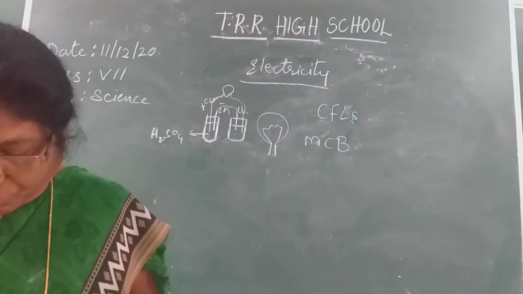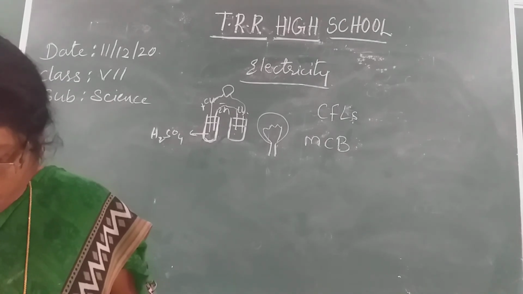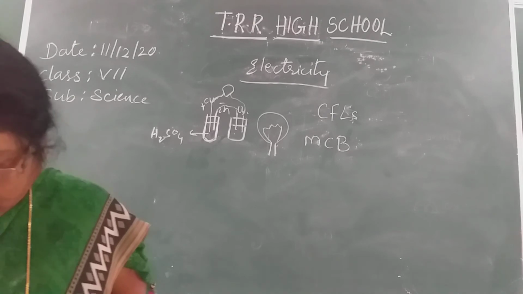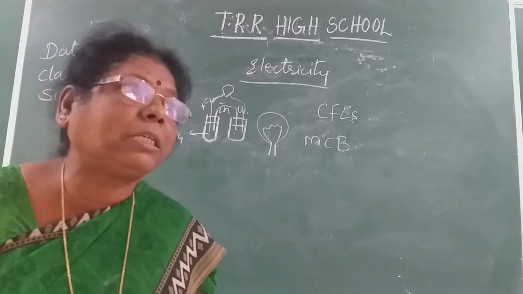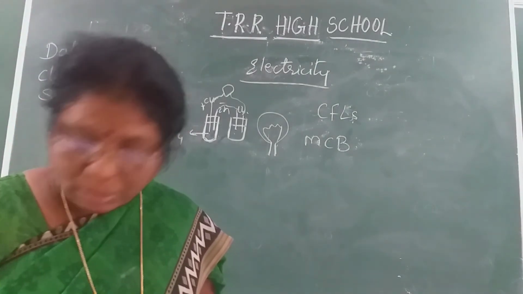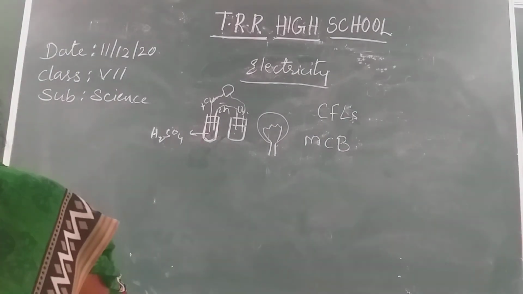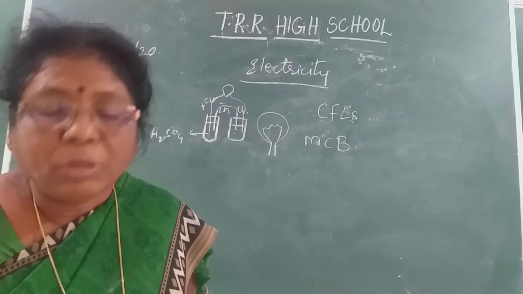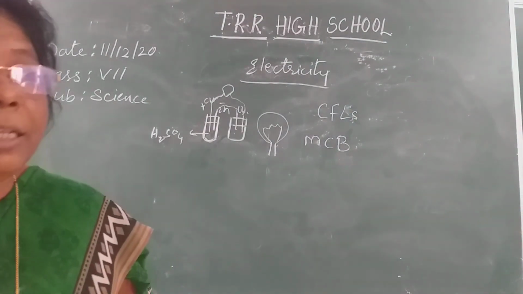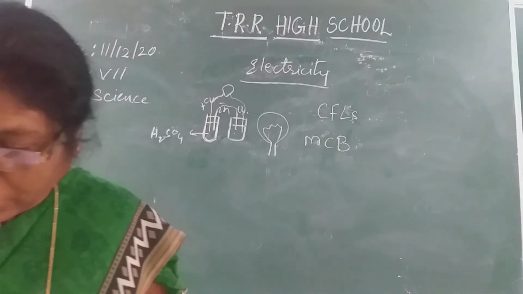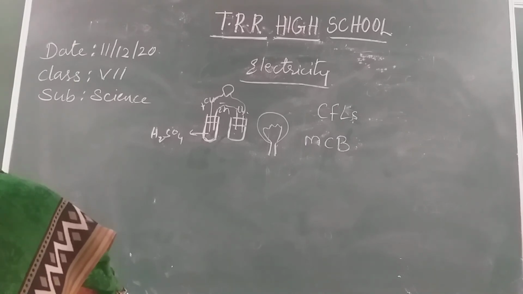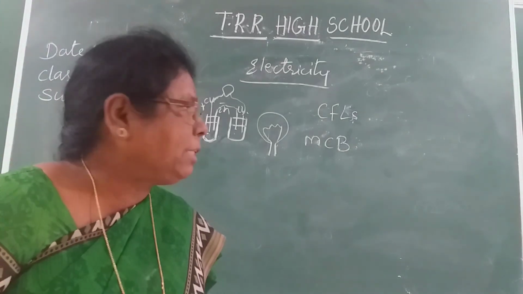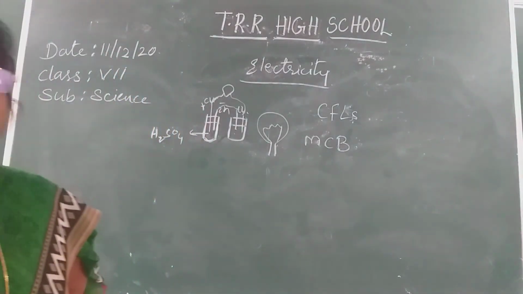Michael Faraday observed that by moving a magnet in and out of a coil, we can make electric current flow through the coil. He used artificial magnets, isn't it? So using this, he built the first electric generator or dynamo in 1831. He also invented the transformer. So with this, your chapter is completed.